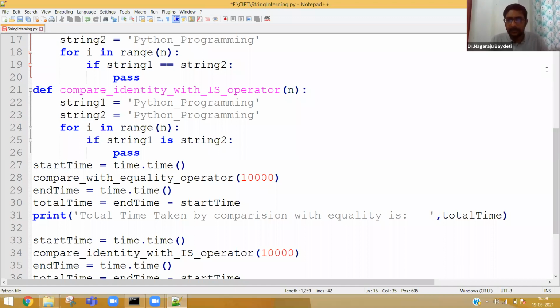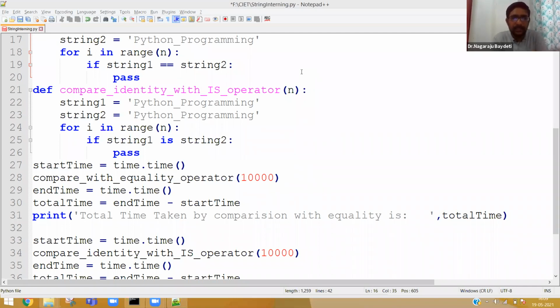Is it clear now, participants? The double equal to or is operator comparison should be done only for strings that are interned. When a string is not interned, there is no way of using the is operator, because the is operator can be utilized only for strings which are interned, but not for strings which are not interned.